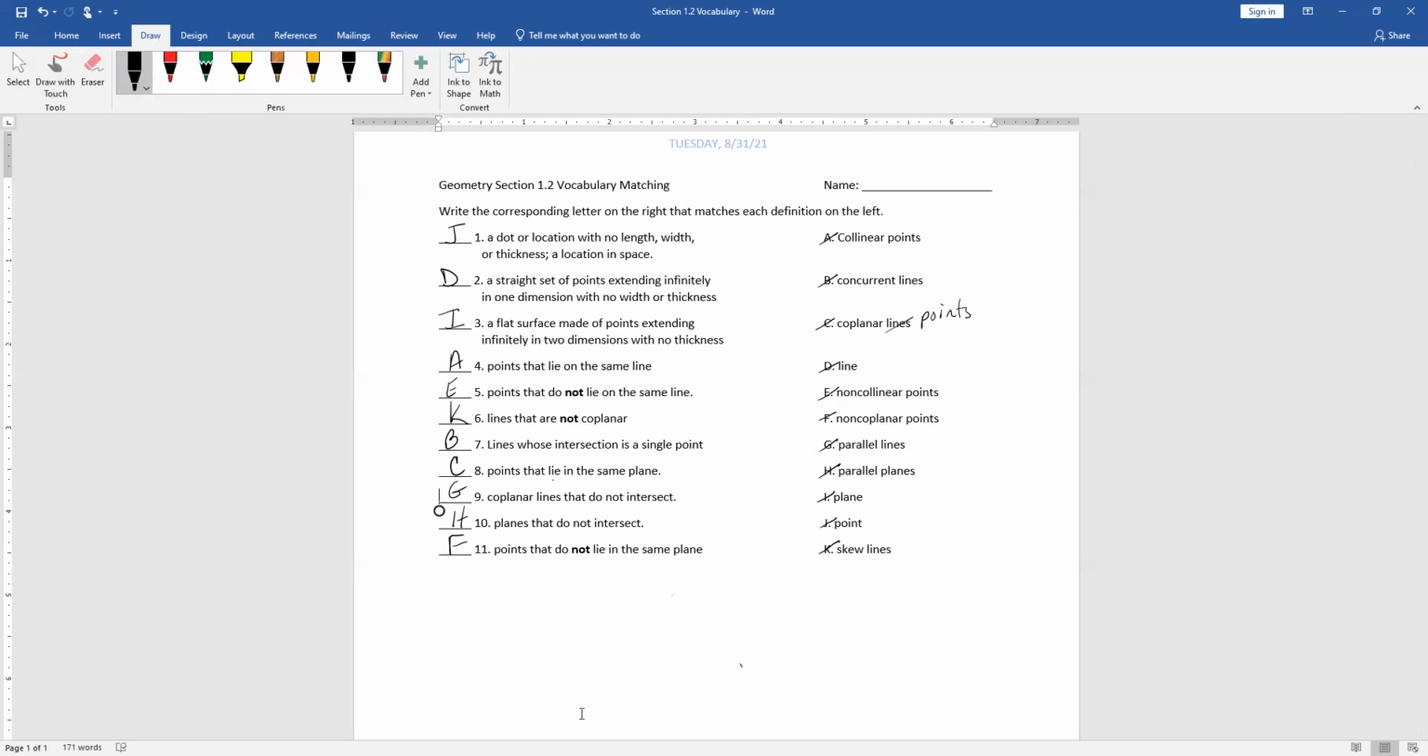So you should have J. Number 1 is J. Number 2 is D, a line. Number 3 is I, a plane. Number 4 is A, a collinear point. They lie on the same line. Number 5 is E, non-collinear points because they do not lie on the same line. Number 6 is K. Your skew lines are lines that are not